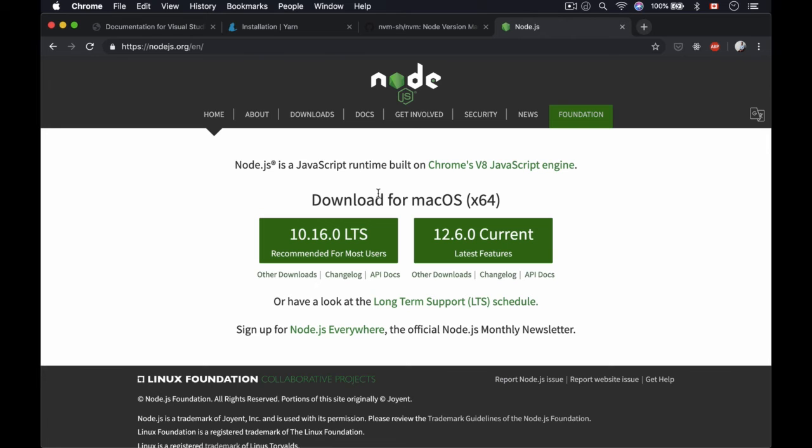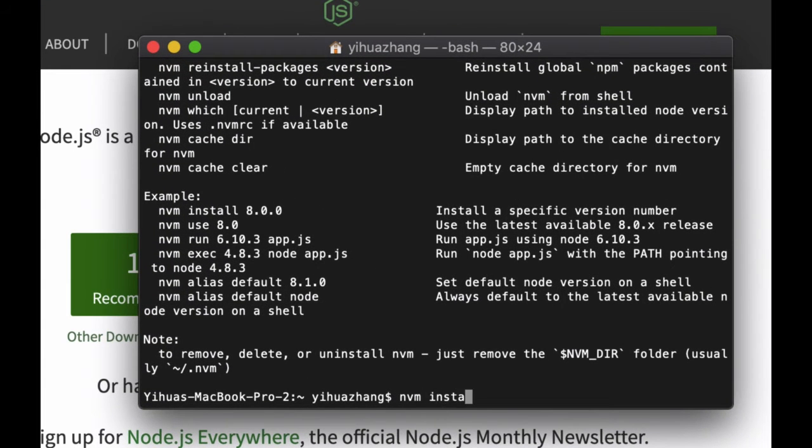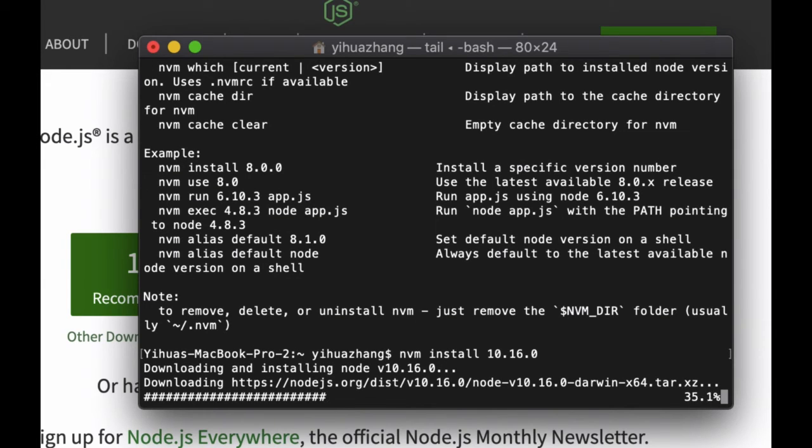We can use nvm. So go back to your terminal and you can type in nvm install 10.16.0 or any other version of Node that you want to use. Now, you can also type in nvm install node, and this will give you the latest version of Node. So for us, I'm just going to use 10.16.0, and now this will install the appropriate version of Node that